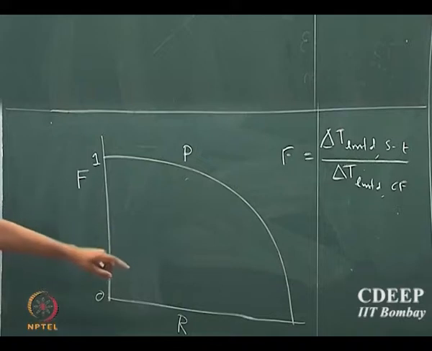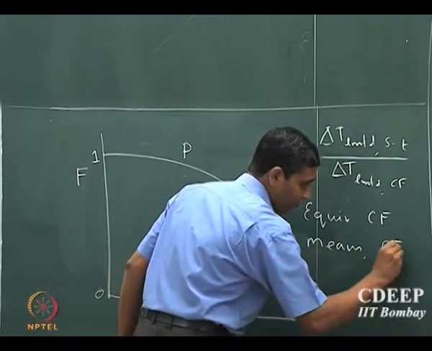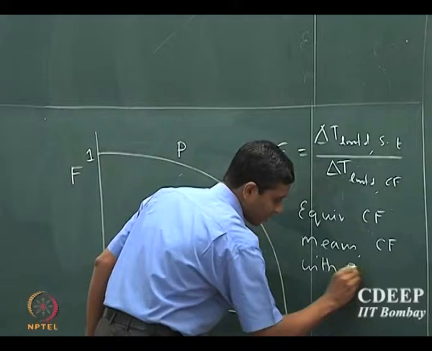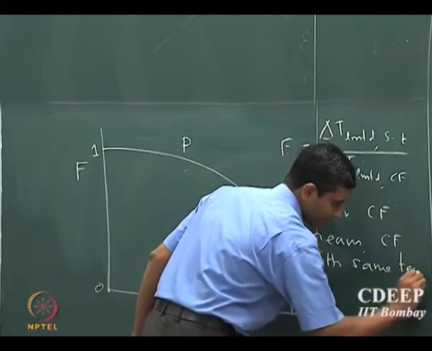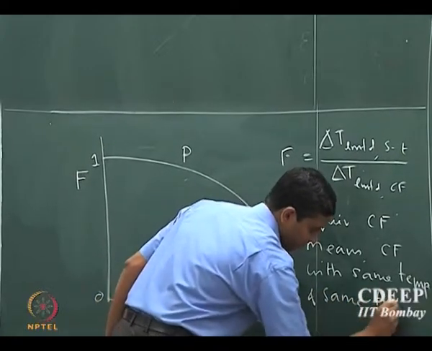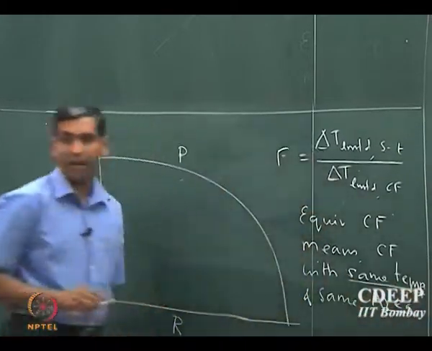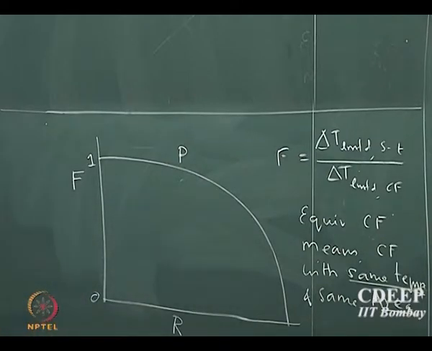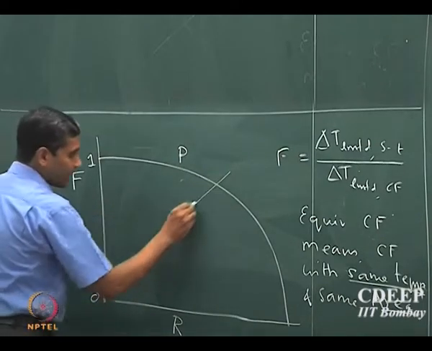The same temperatures, you just have a counterflow configuration, that is all. The area is the same. So, the net heat transport area that you have is matched with the corresponding counterflow area. So, what it means by saying equivalent counterflow is same temperatures and same area. That is very important, same temperatures and same area.